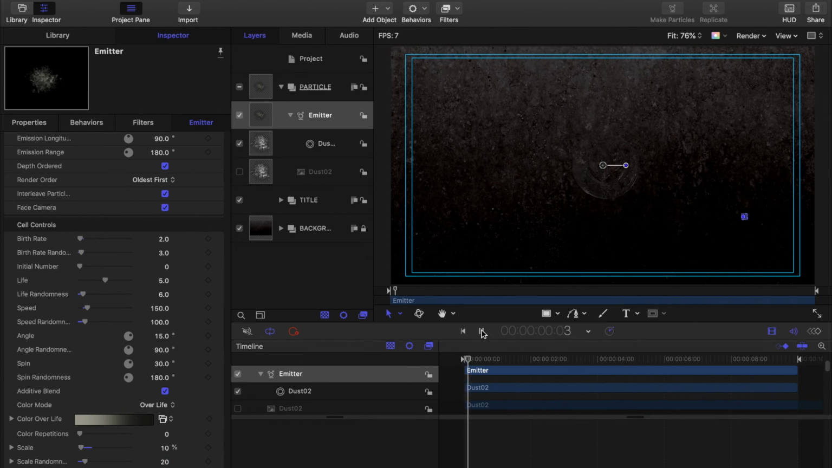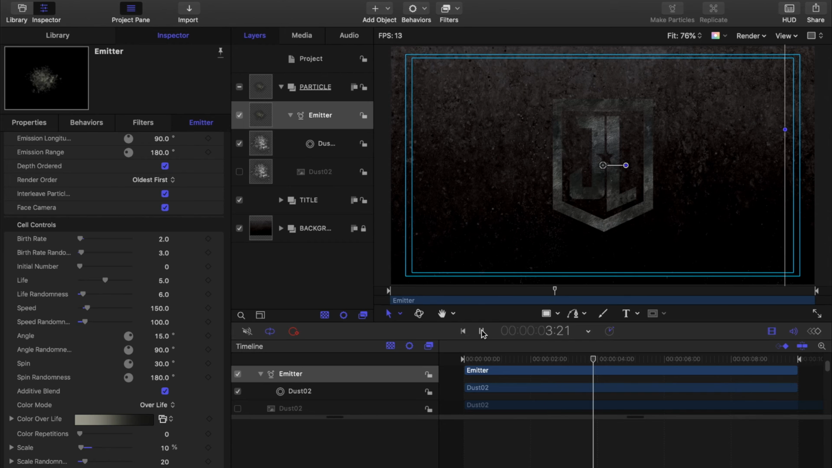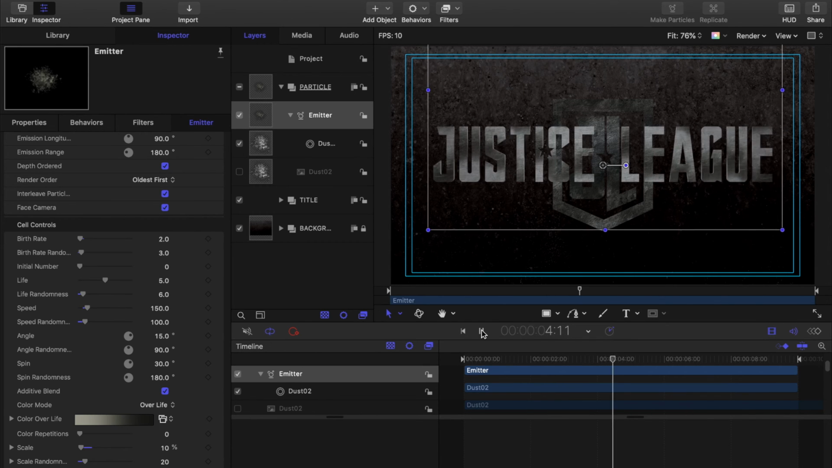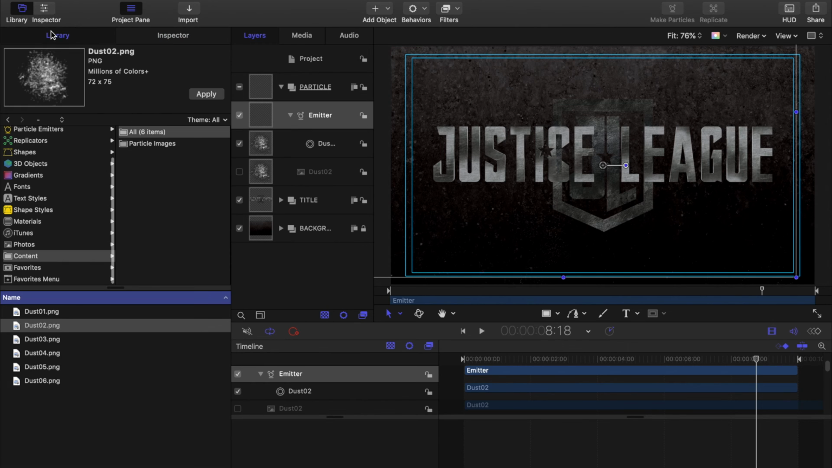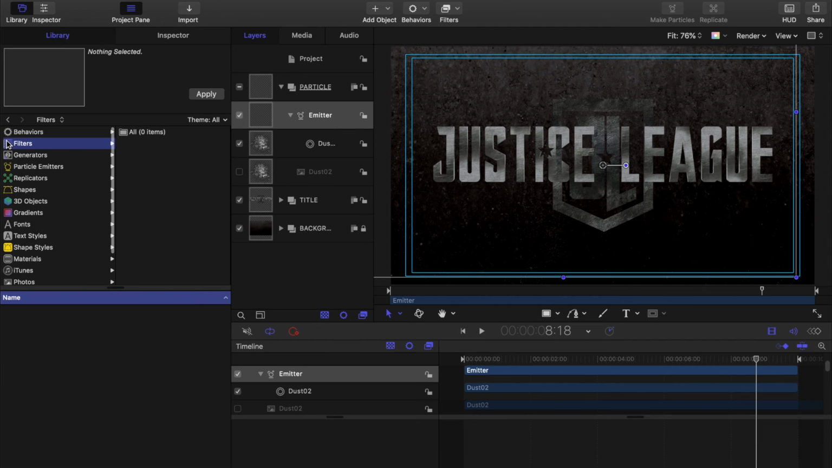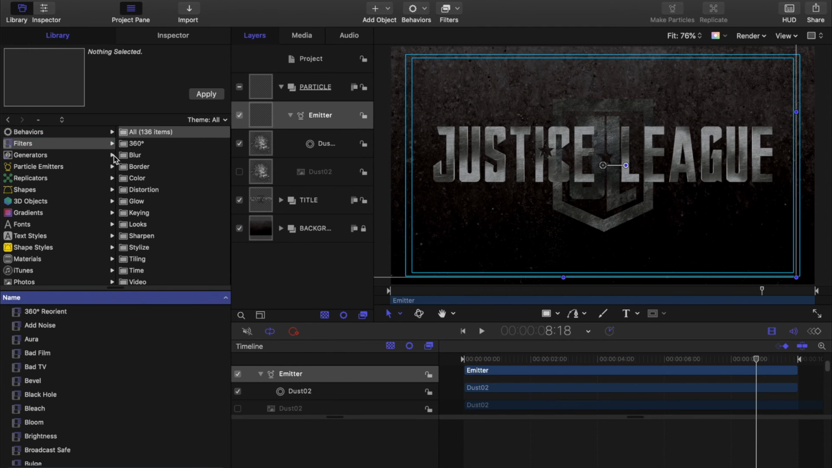Let's just play this through, and you'll see these little dust particles floating around. Let's actually increase this birth rate up to 5. Let's put a couple more in here. If you want to make these dust particles even more visible, we can add a filter. So we can go into the library, filters, clear out the search, and we can go into glow, bloom, and